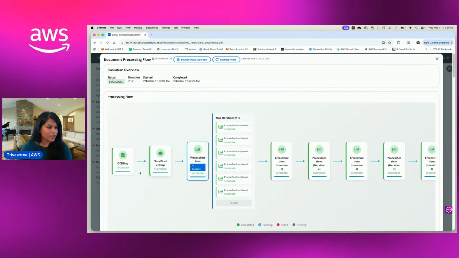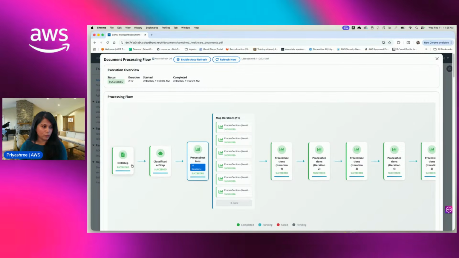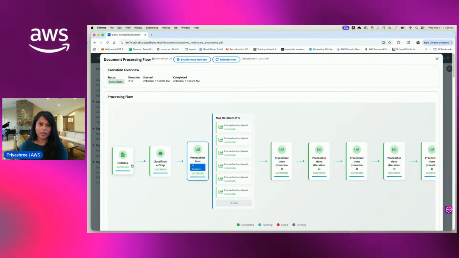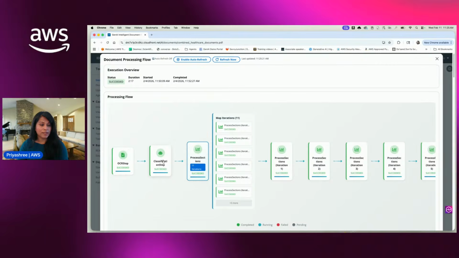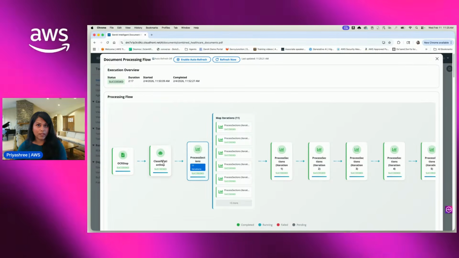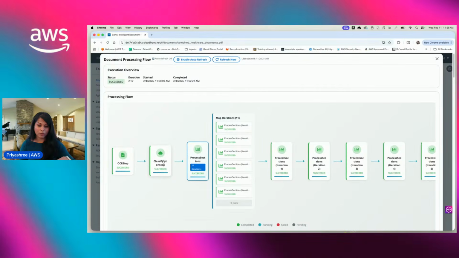We see that the first step is OCR. OCR is to extract text from all of these documents. And for that, we are using Amazon Textract. The next step is classification. Classification is really now going into the document packet, looking at it page by page. There could be documents, say the healthcare claim form could be a 3-page document,